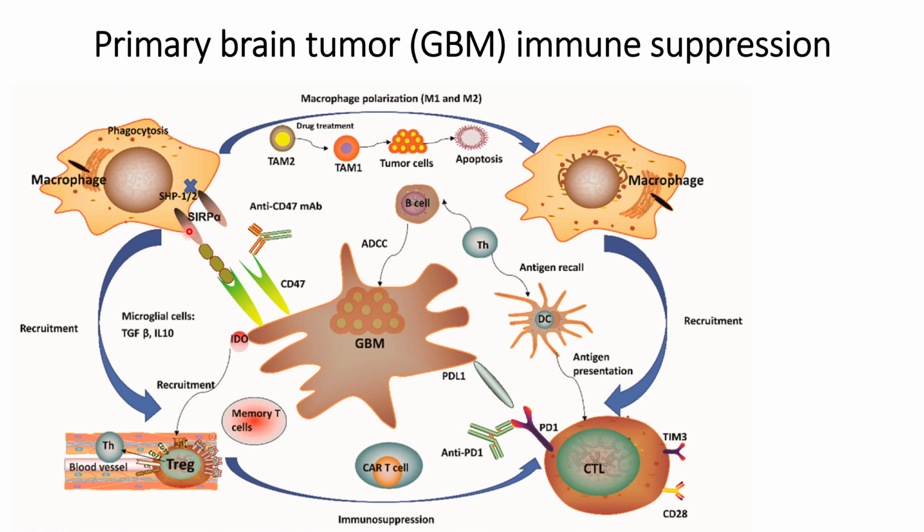and they might be able to increase the immune response against this primary brain tumor. One of the possibilities at this point of time for introducing anti-PD1 and anti-CD47 in the patient is using CAR T cell therapy, where they take the T cells from the patient and modify them using anti-PD1 receptors and anti-CD47 receptors. Thereby, they will be able to block the PD1 receptors on the T cells. At the same time, the anti-CD47 receptors will be able to block